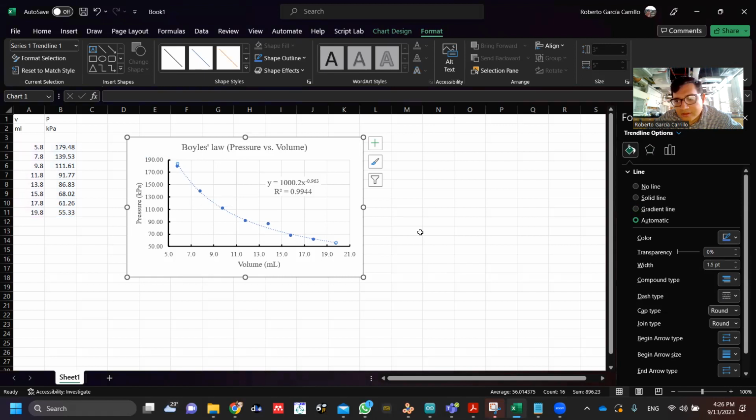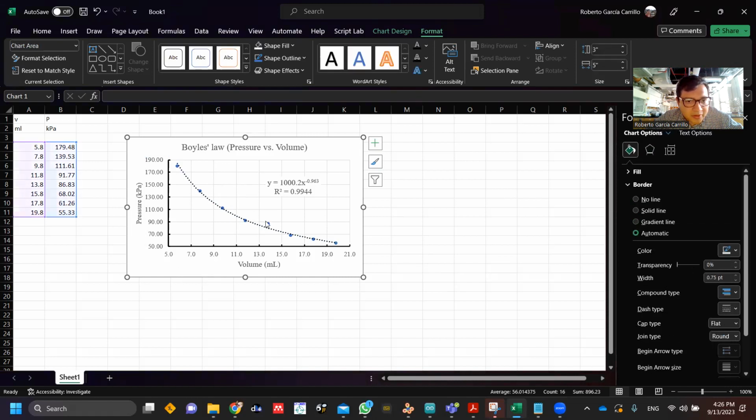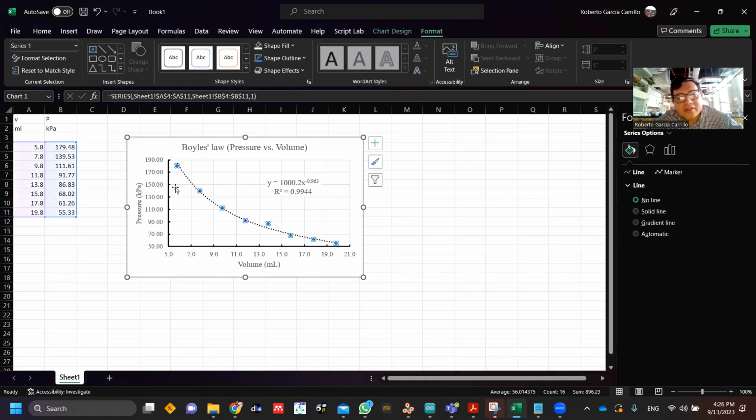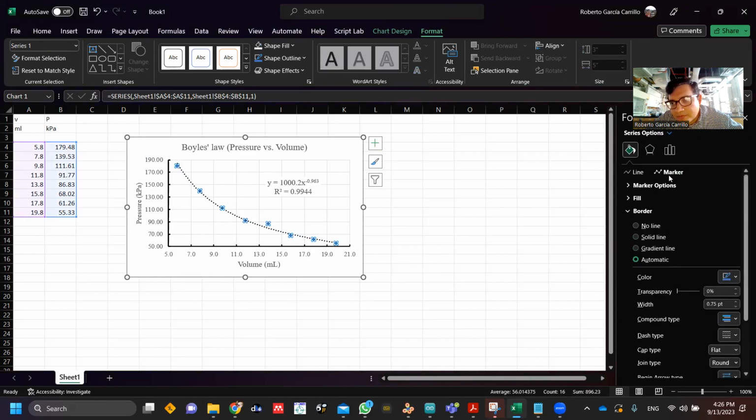Also, let's change the color of the trend line. So you select the trend line anywhere in the trend line, select it and change color. I like it to be black, maybe a little bit wider. So increase the width. The points, which select one of the points, and it selects automatically each one. And we select marker. Then